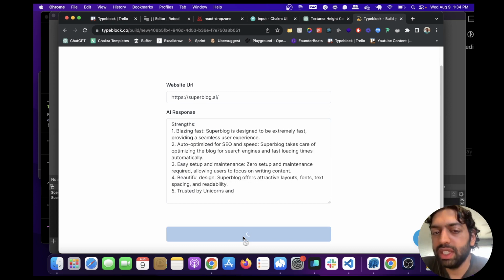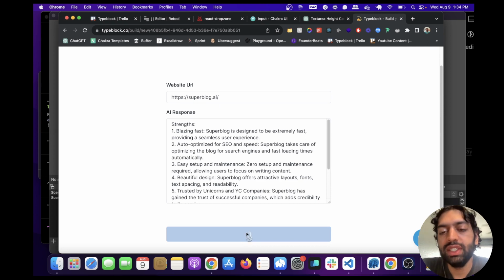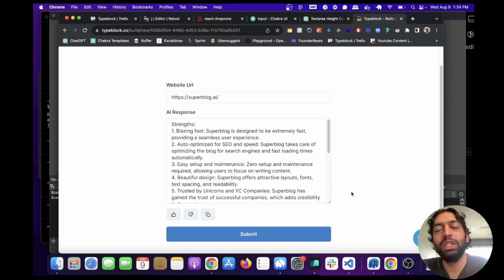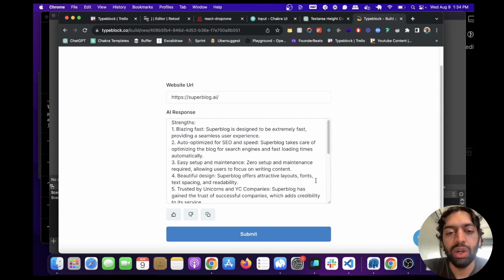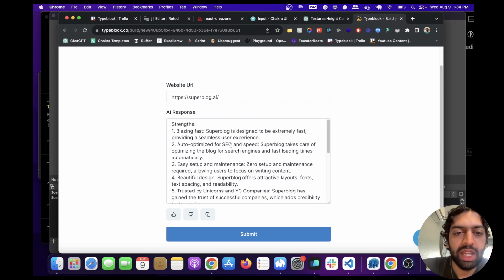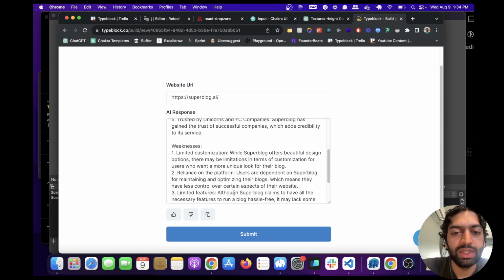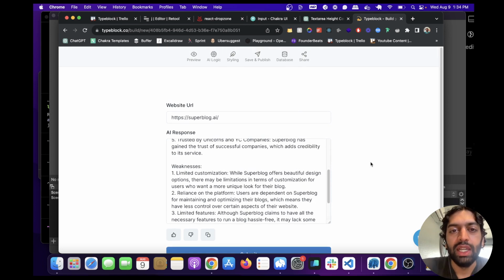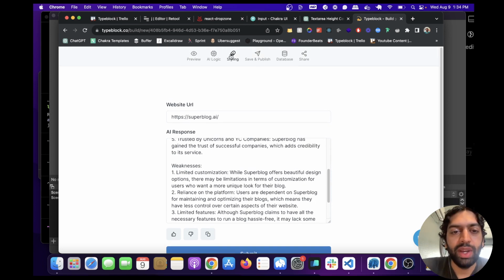And one thing you might notice that's different from the previous version is the text doesn't expand. We can add that in. Just at the moment when you do that, it goes over the components below, so it might go over this. I mean, you could easily get around that just by putting this at the bottom. But let me know if that's something you want. We can easily change that. But yeah, it's talking about the strengths, it's talking about the weaknesses,